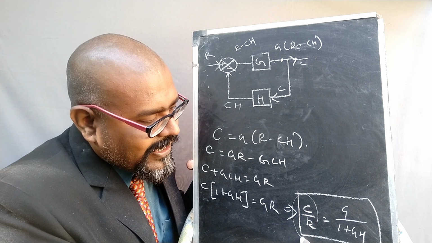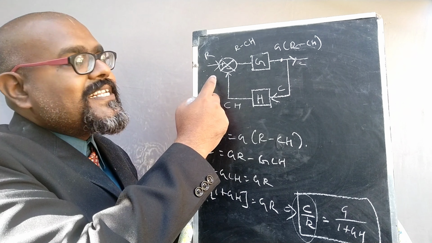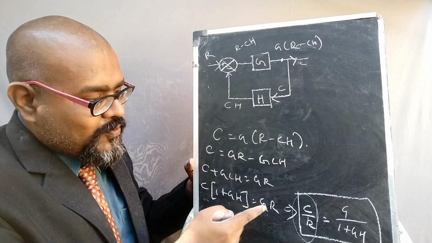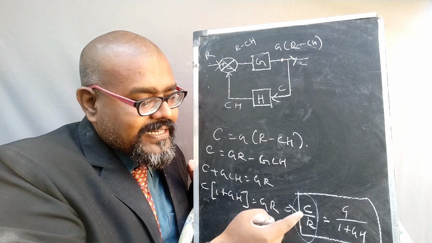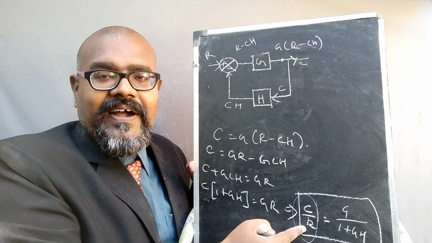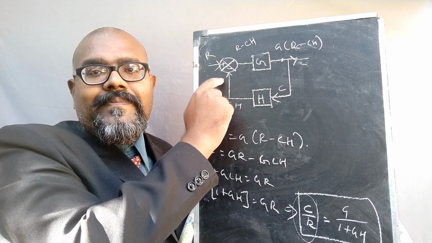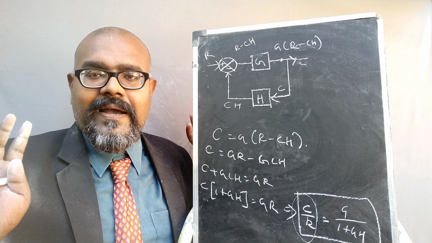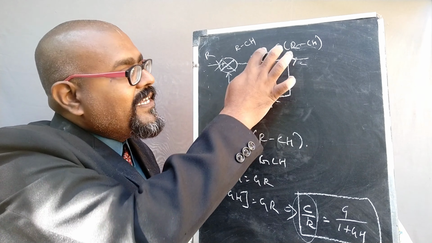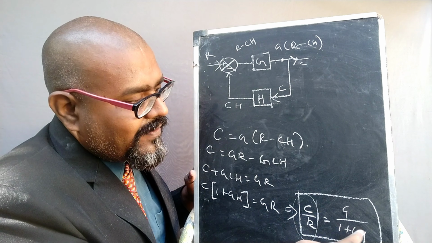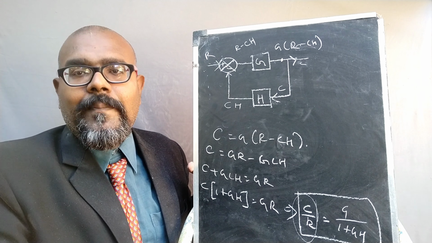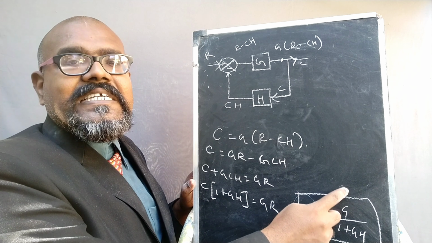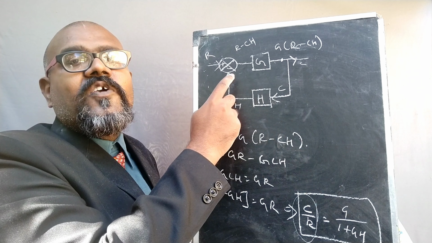What is the need of calculating this? C by R is the transfer function of this particular feedback block. So that is why I am simplifying this to get C by R. So C by R is the final transfer function of removing this feedback loop, that is the negative feedback loop. So wherever you see the negative feedback path, instead of these two blocks and the summing point, you need to convert it to G divided by 1 plus GH. Okay, so please remember C by R is equal to G divided by 1 plus GH. This is the negative feedback path rule.